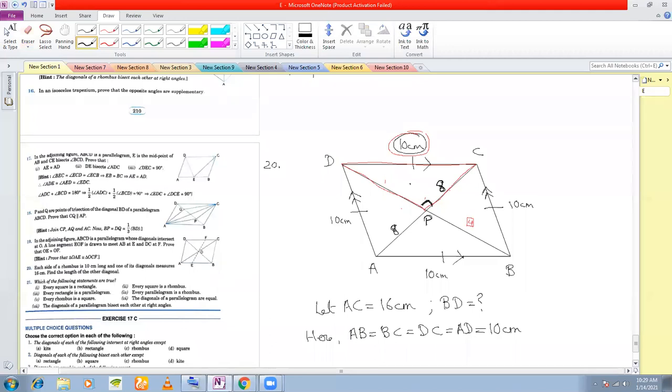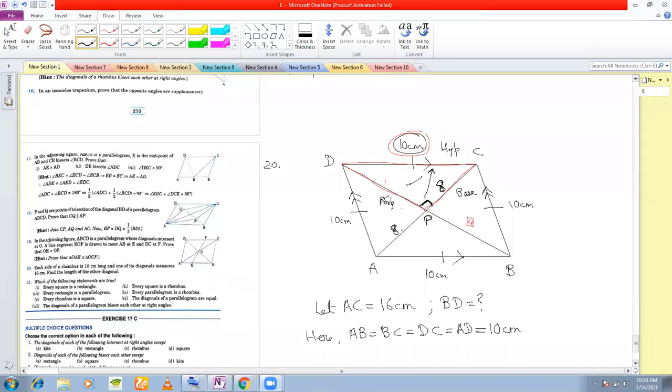This is the right angle triangle because you know the diagonals are perpendicular bisectors of each other. This triangle here is a right angle triangle. In the right angle triangle, you have this as your hypotenuse because this is opposite to your right angle. If this is your hypotenuse, you can take this side as your perpendicular, and you can take this side as your base, right? Now, recall Pythagoras theorem that I did before the vacations, and I did a recap of Pythagoras theorem after the vacations.